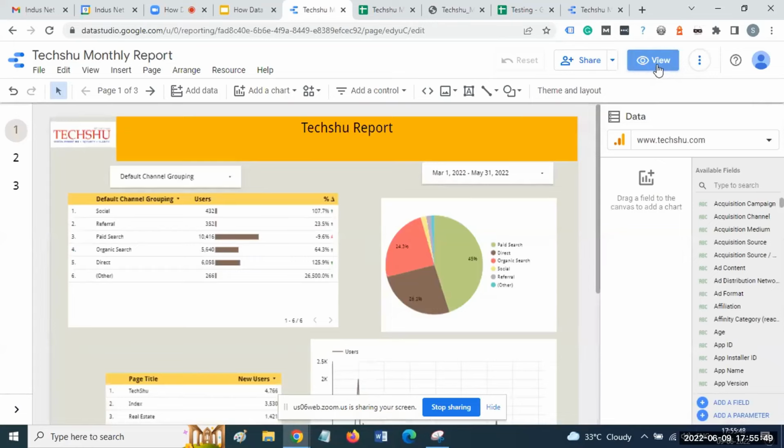Yeah. It's exactly like the form. In a form, you have an edit and you have a view, and most of the users are only going to see the view mode. They are not going to see the edit mode. So it will be good for you to check how it looks in view.